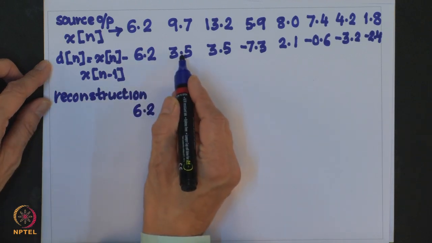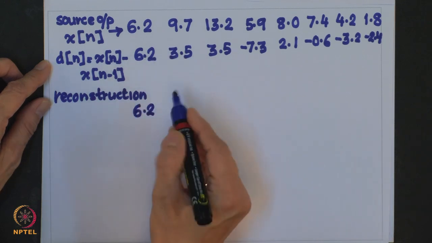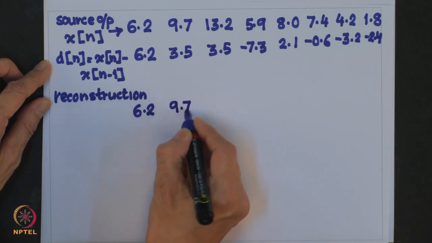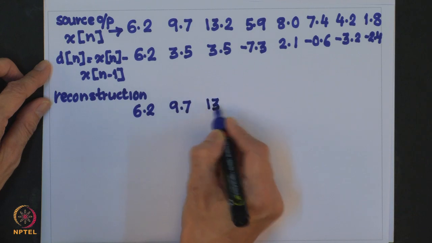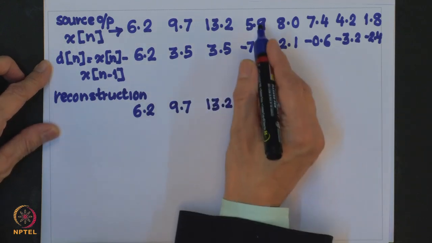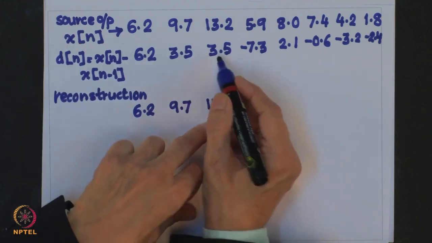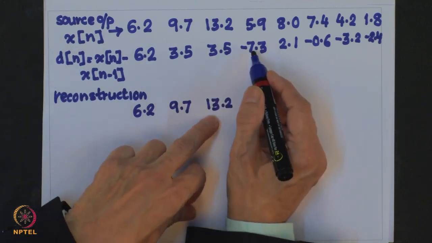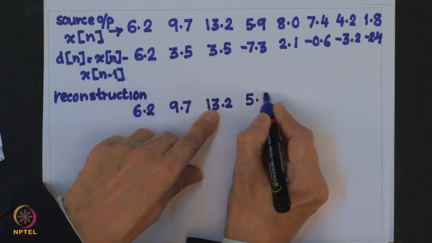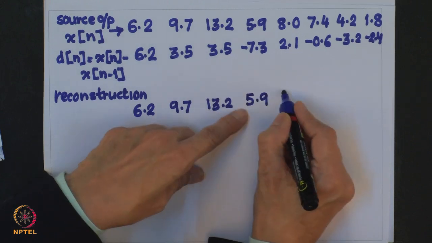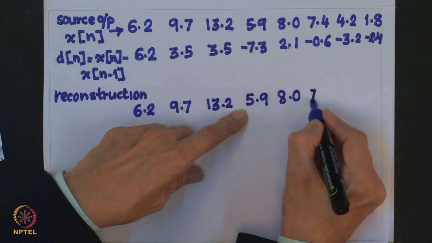Then I take this difference sample and add it to the previous value which I have reconstructed. So, this comes out to be 9.7. This 3.5 gets added to 9.7, so 13.2. This gets added to 13.2, so this is 5.9, this gets added to this, so 8.0, this will get added to this, so I will get 7.4,